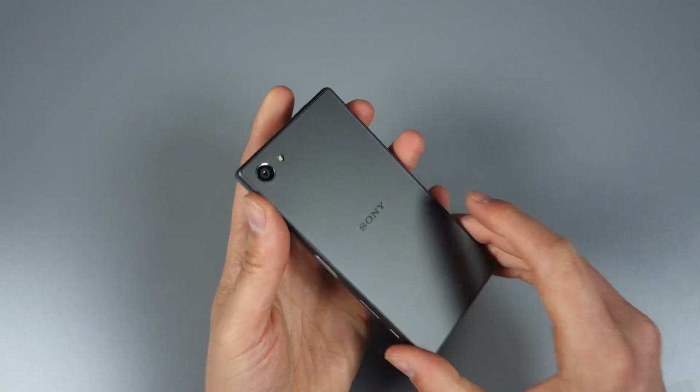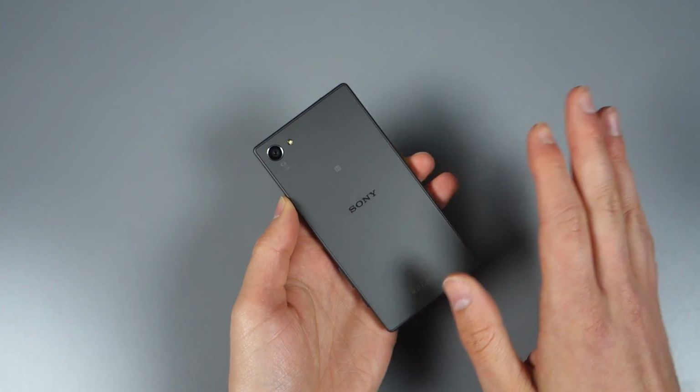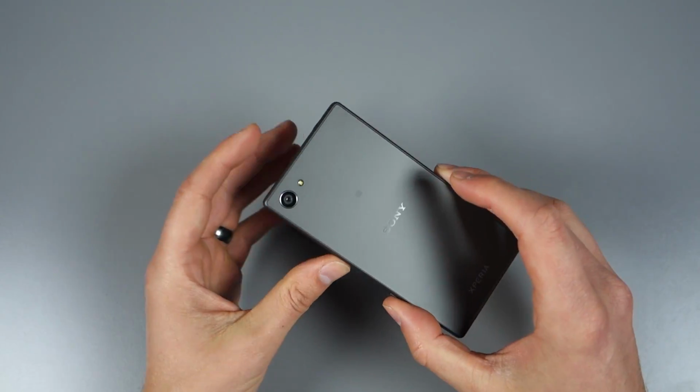So Z5 Compact in-house. If you guys want us to test anything in particular, we can certainly do that. Look for a review soon. I can't put any guarantees on a date there. We just got a lot going on, but